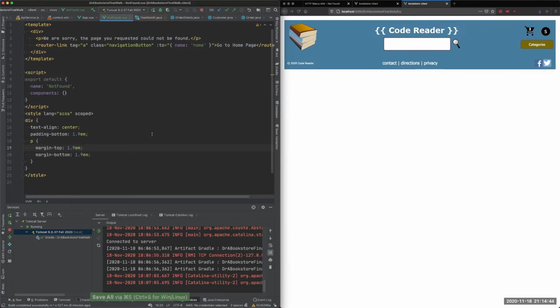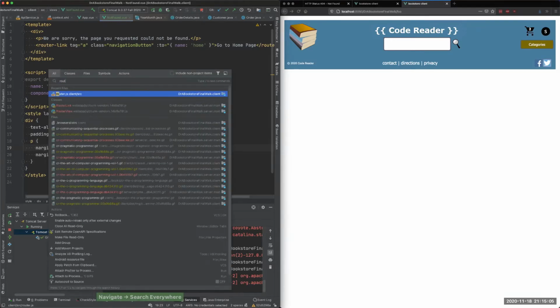Just adding that component won't solve the problem. So I'm not going to publish yet. I'm not going to restart Tomcat. It won't solve the problem because we haven't actually told our router to use this component yet. So if we go back to our router.js,